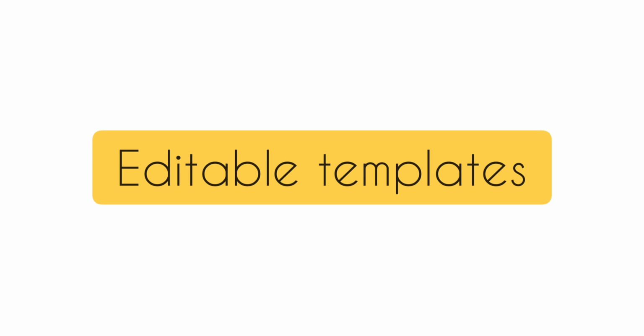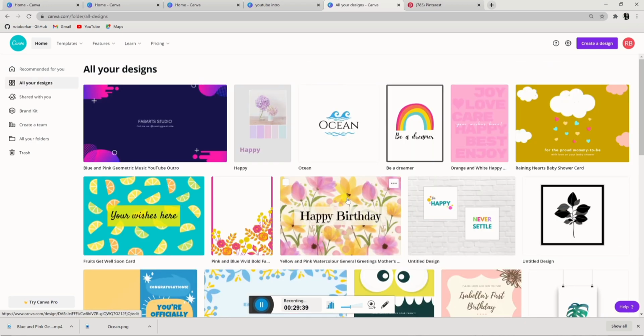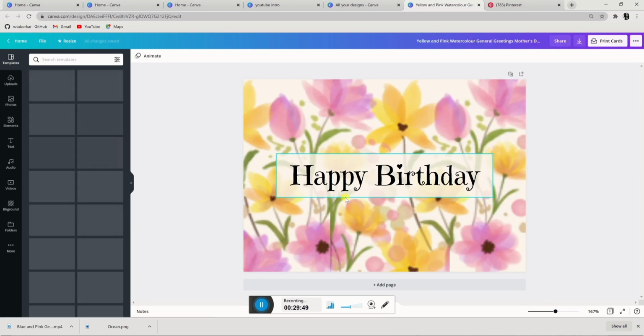Next is editable templates. You can make the design and then you just have to put the placeholder, and then you can share the design template with anyone you want. You can make such templates from scratch and also sell it on Etsy.